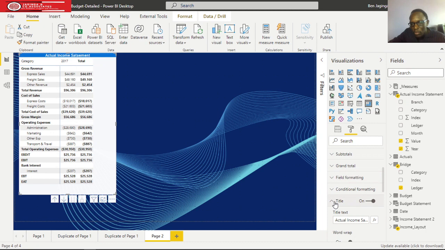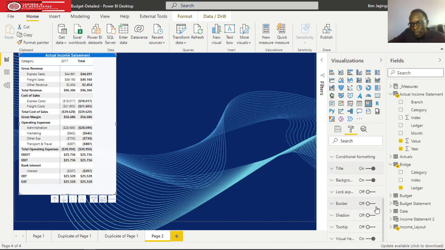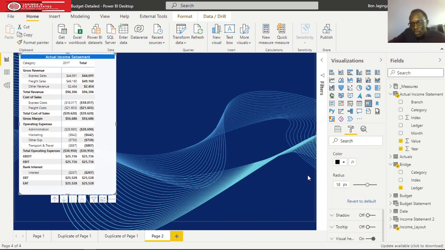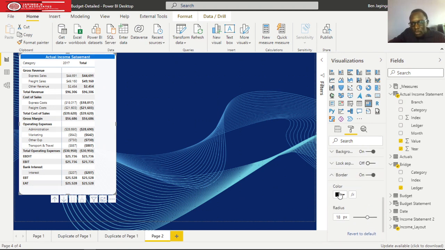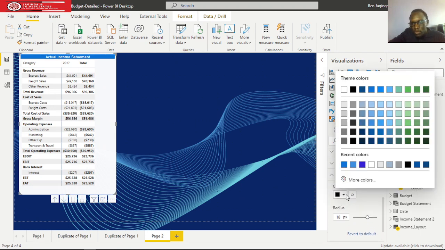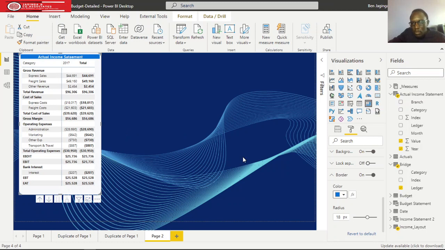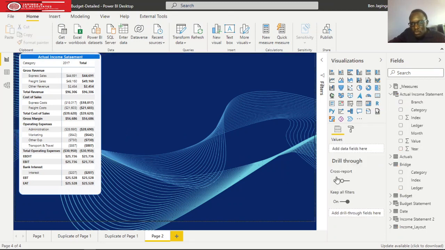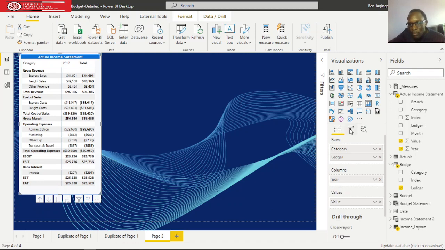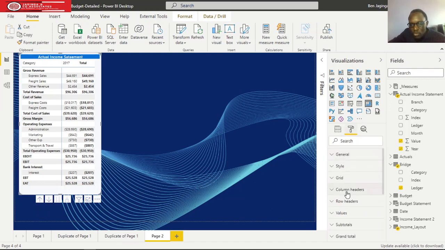And then again you can also do a border here, and then you can do a radius of 18 px. Then you can also do a color of the same as the title header. Then now again you can go to, just click back, then I can go to values,